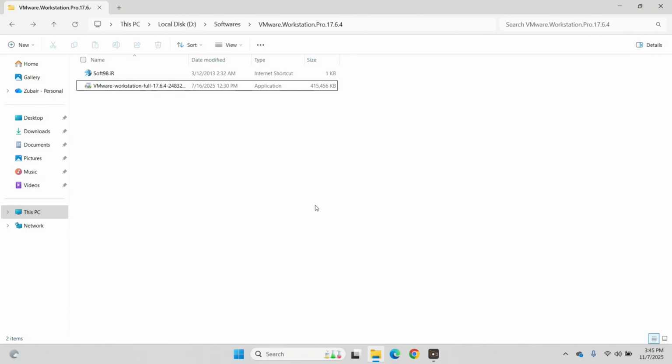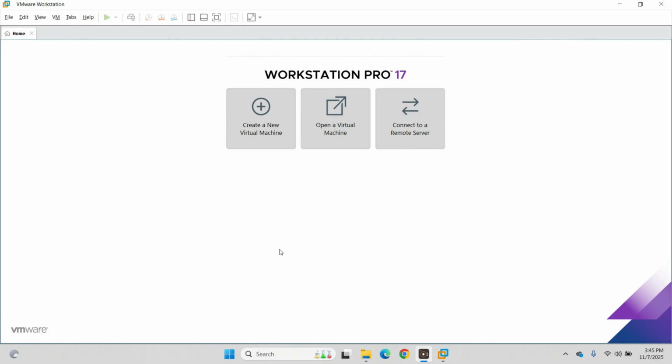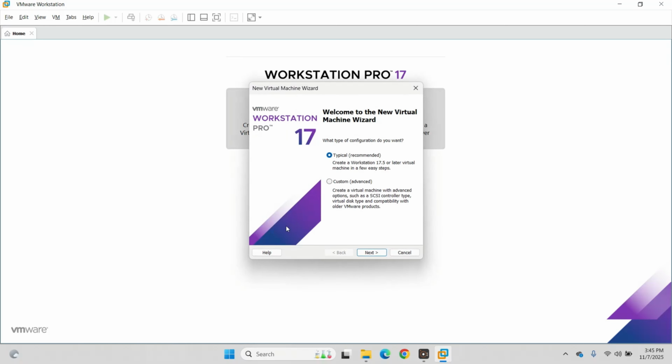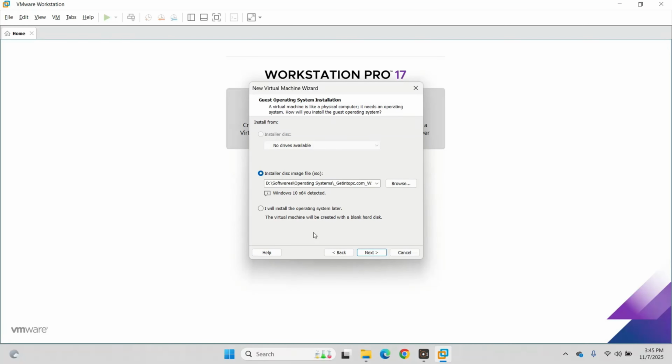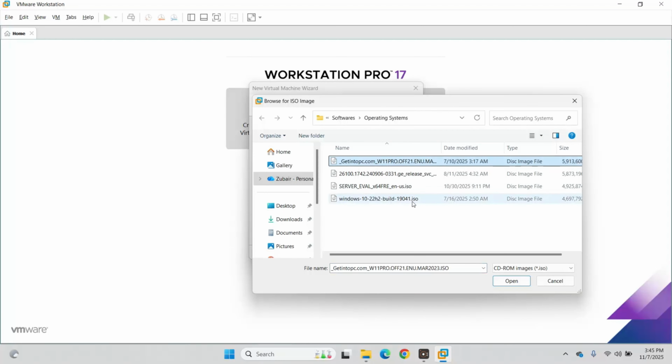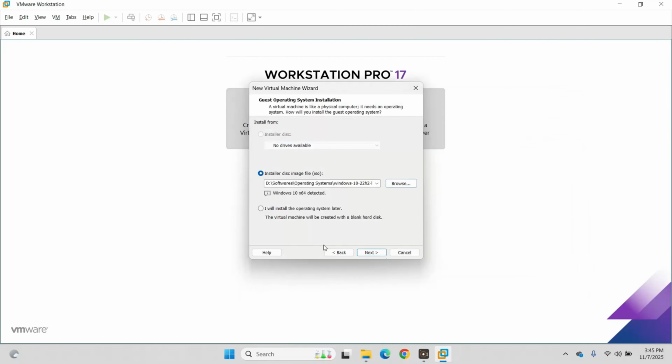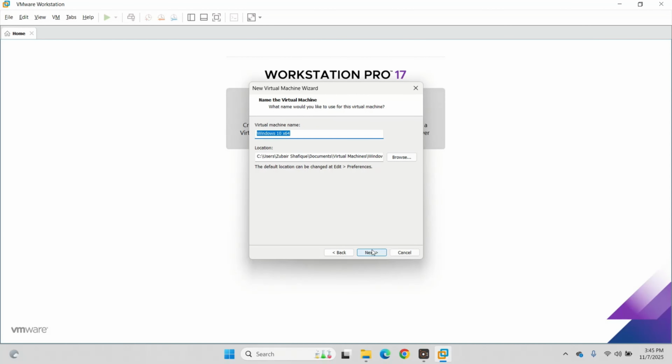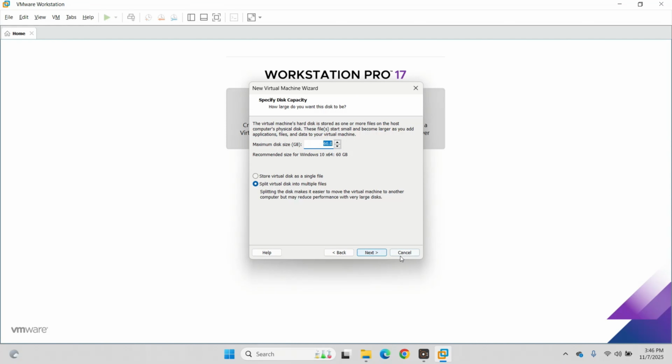Open VMware. Click on create a new virtual machine. Choose typical and click on next. Select the OS image. Click on next. Name your VM and choose a location to save. Click on next. Set disk size as recommended and check the option that says store virtual disk as a single